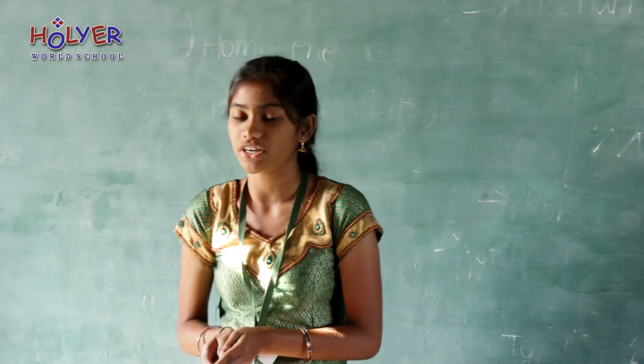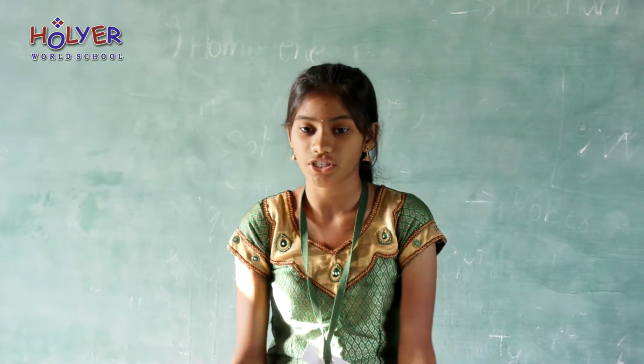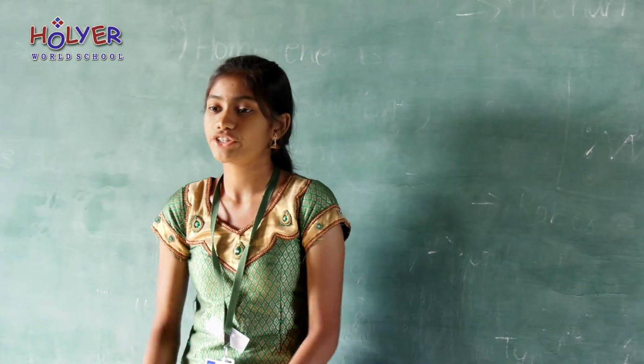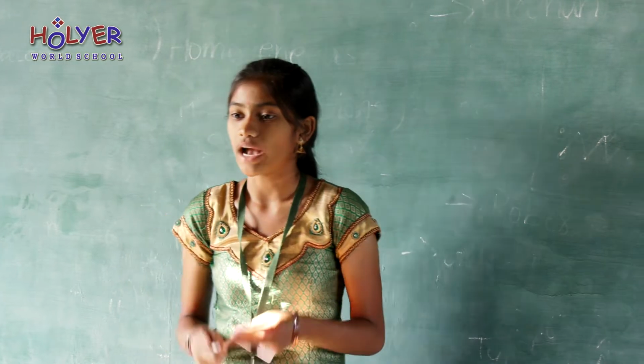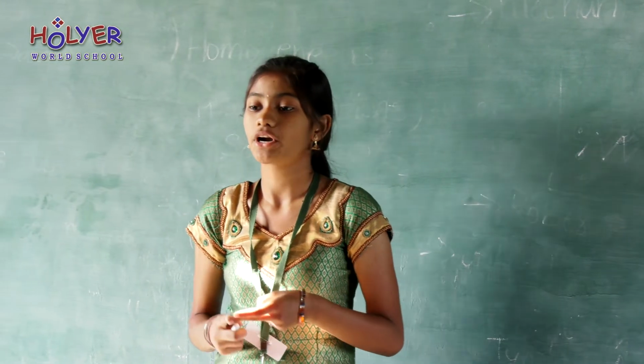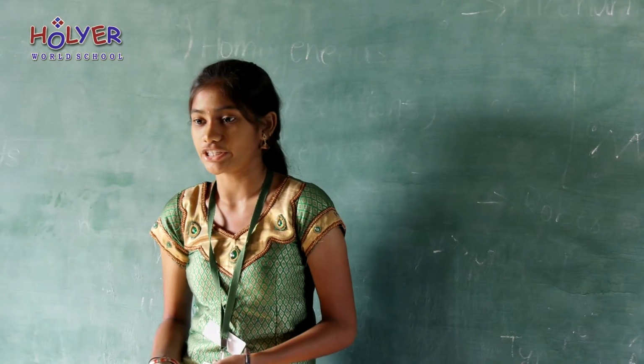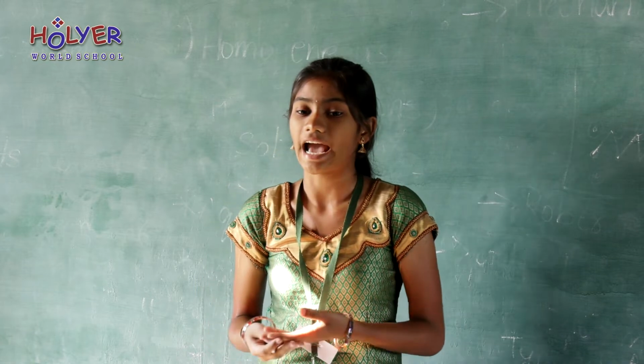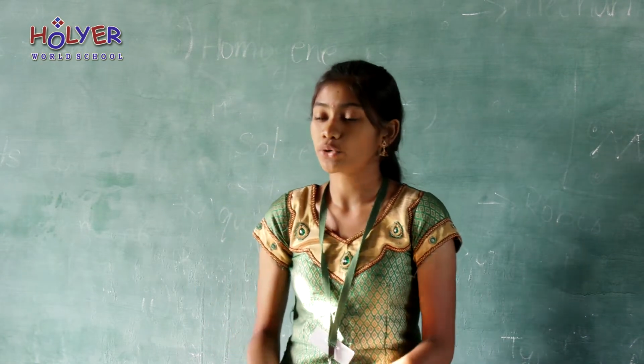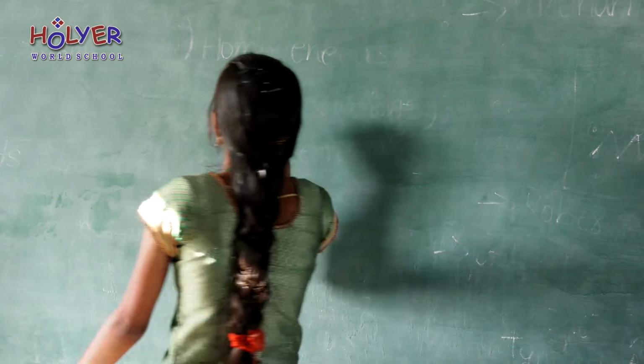...are similar in structure and shape and perform a similar function is known as tissues. Tissues are of two types, plant tissue and animal tissue. The tissues which are present in plants are known as plant tissues, and the tissues which are present in animals are known as animal tissues. So today I am here to tell about animal tissues.